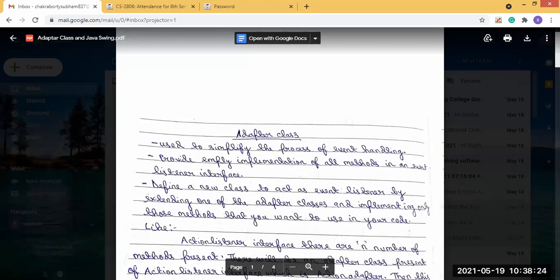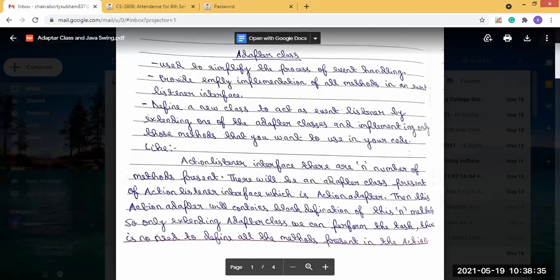So in the action listener interface, there are a number of methods present. Say in the action listener there are a total of n methods. Then there will be an adapter class of the action listener interface, which is known as the action adapter.